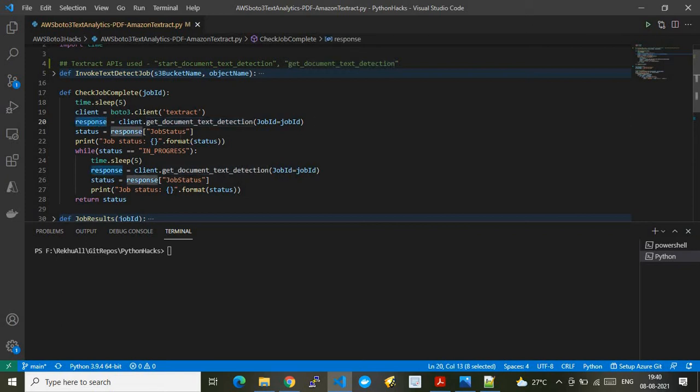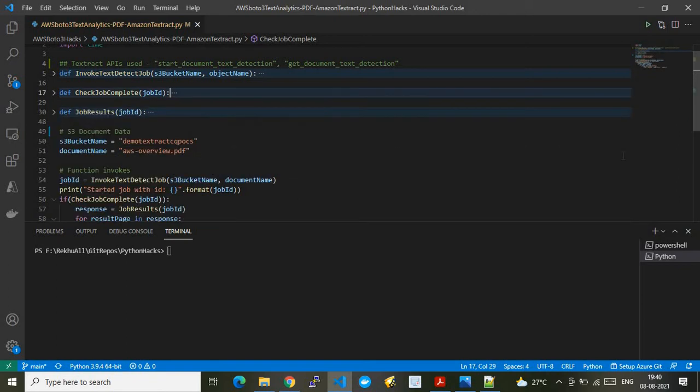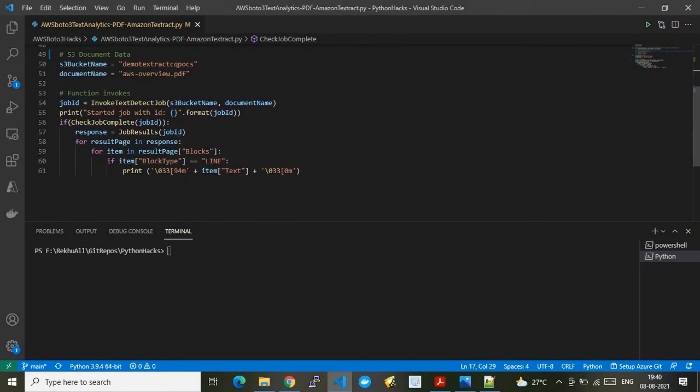Next, in the response, we are checking the status of the job. If the job is success, then that's what we want. That's the reason it will just keep on pinging this API. If the job says success, it will return. If the job says still in progress, then it will keep on poking, nothing but keep on invoking it. Once the job output is true, then we will be inside this if block. Then we are invoking one more function.